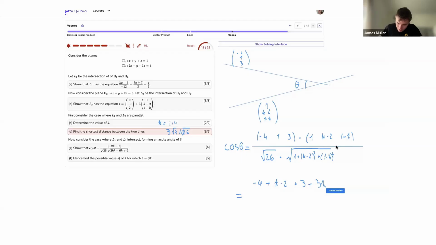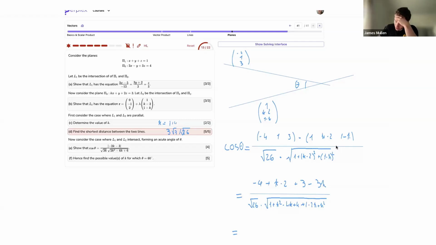And all of that is going to be divided by root of 26 times the root of, if I expand all out, I'm going to have 1 plus k squared plus 2k plus, or plus 4k, that is, or minus 4k, plus 4, and then plus 1 minus 2k plus k squared. It's getting a little bit messy, but that's going to simplify down to